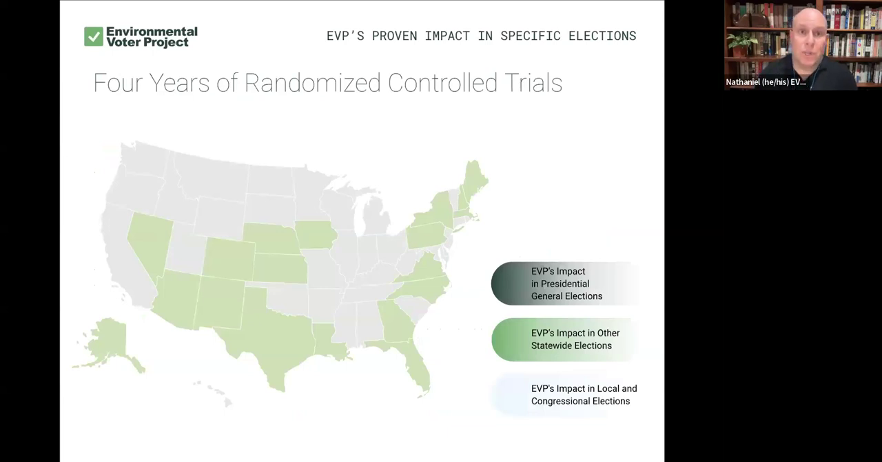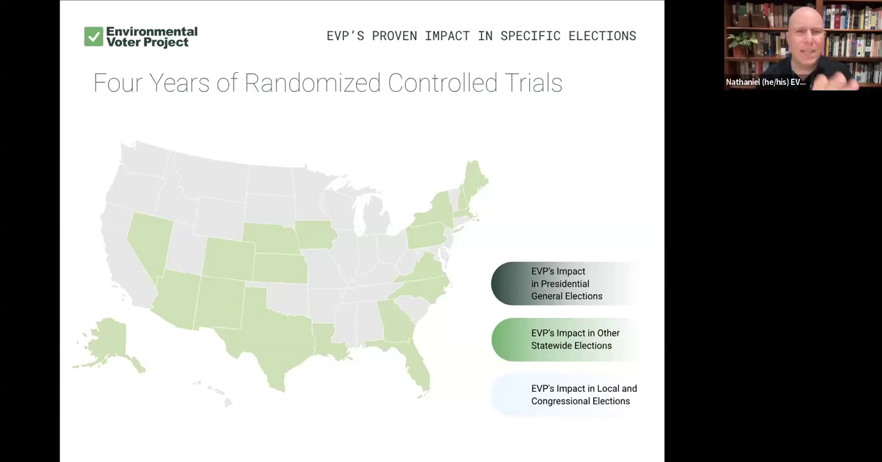We measure our results by submitting them to randomized control trials. I'm not going to bore you with details on what they are, but in short, that allows us to isolate what our sole impact is on climate while controlling for all other variables, while controlling for presidential campaigns and Senate campaigns. This is how we can tell that were it not for the Environmental Voter Project, these people wouldn't have